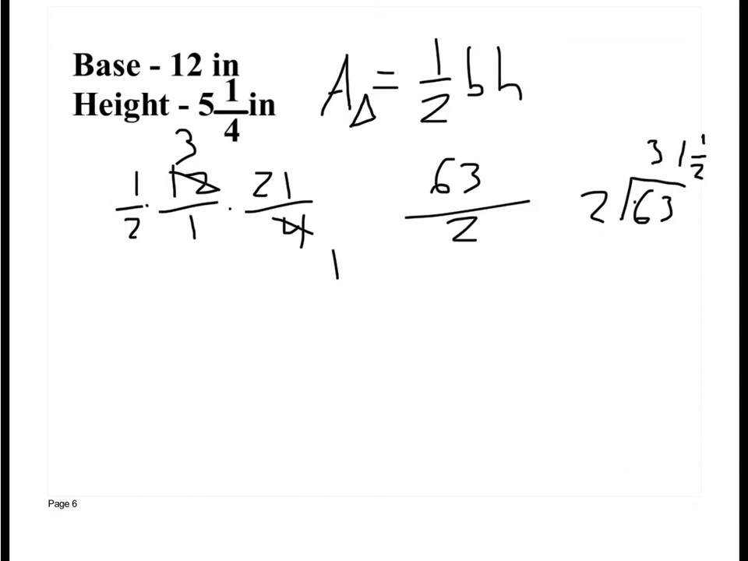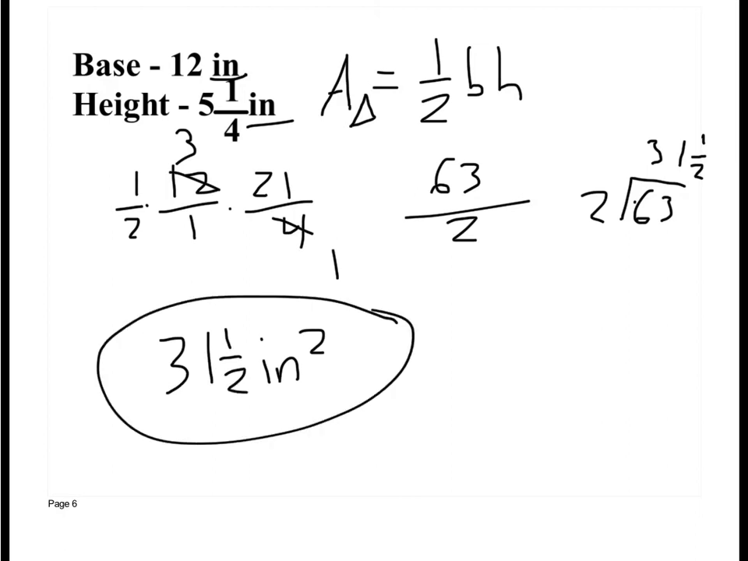Now we're finding area. What you have to know about area is you're taking inches times inches. So the unit for area is inches squared. So my answer is 31.5 inches squared. You leave off the squared, it is wrong. Inches is a linear unit, meaning it's a straight line. Area, okay, is